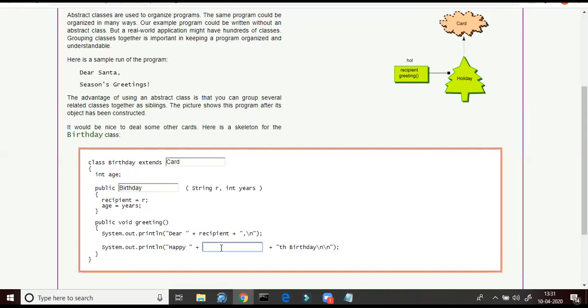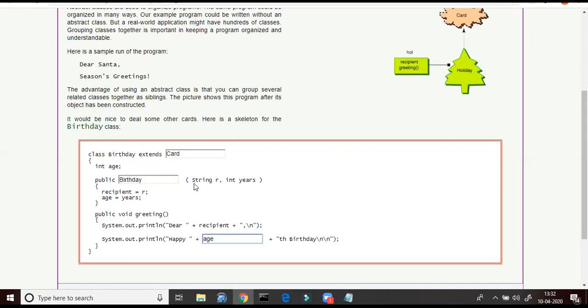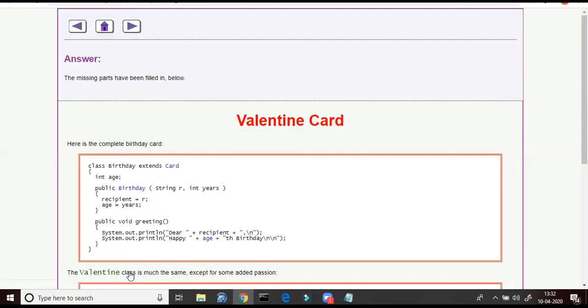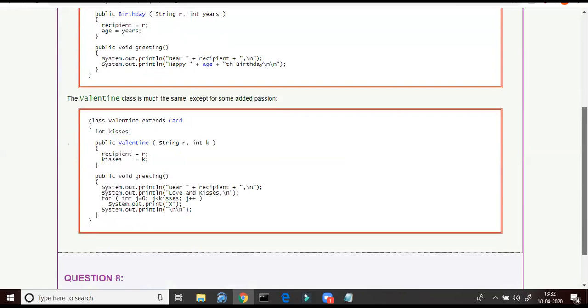This is Card, happy years. Here they are using years, so we can write happy age. So if age is 10, it will say happy 10th birthday. Okay. In our program we use only one variable, which is recipient. Here they are using two variables, recipient and years. So this is the missing thing. Let us check whether it is correct or not. Yeah, it's correct.